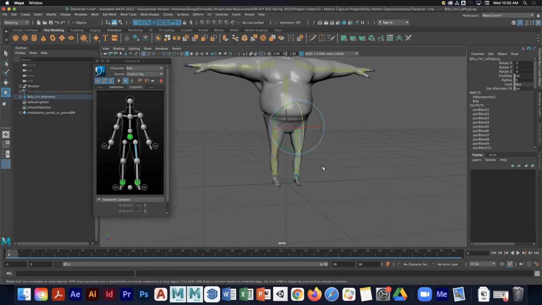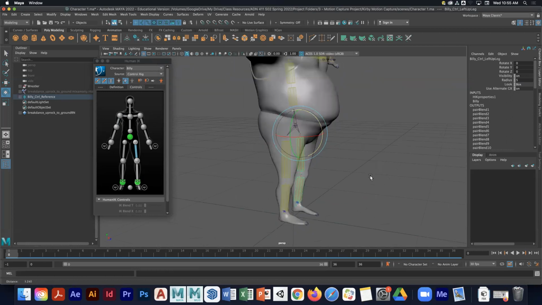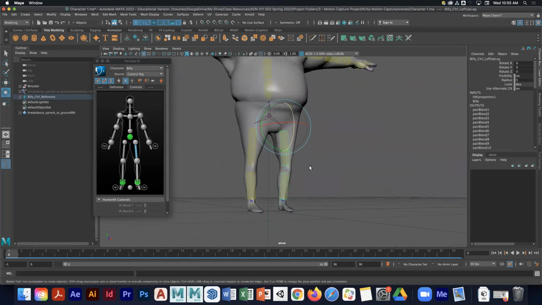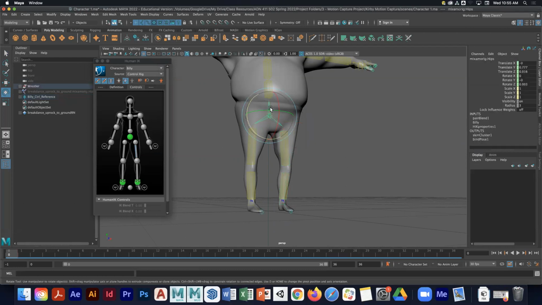So right now, you might notice, well, why can't I rotate the leg? So this is where the other part of this rig comes in, and this is why it's kind of hard to work with. See these, here on my controls, these are green. So that means that the IK controls are overriding everything and they're holding it in place. So if I were to move this root,